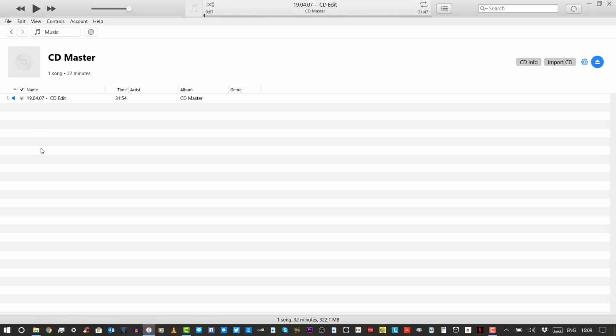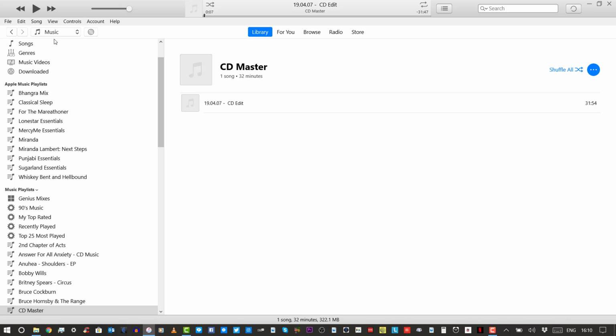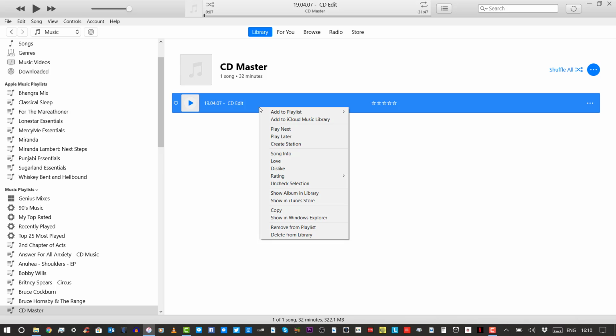Which would probably be a little quicker than this. There's another way of doing it, and I'll show you in a minute. This next step, you want to delete what you just burned onto the CD from the playlist. So you don't want to delete from the library. We want to delete it from the playlist,